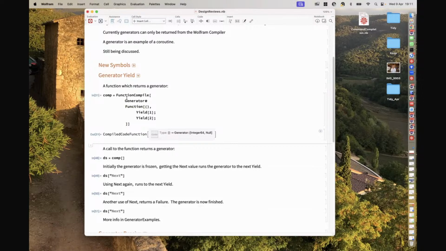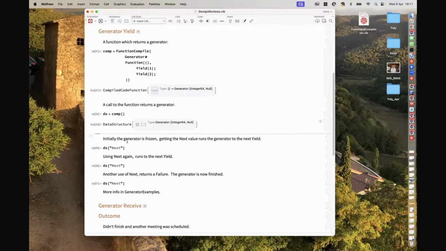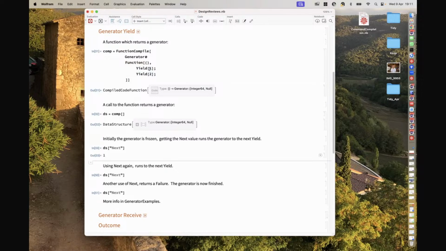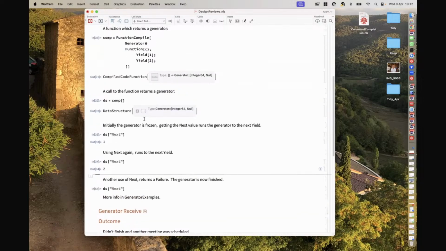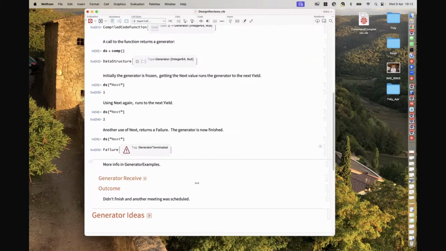So we compile a function, but it's marked up as a generator. So this function is going to return an instance of a generator. So there's the generator, and it has two yield points in it. So we call next, and it runs to the first yield and stops. We call next again, and it runs to the next one. And then if we call next again, it runs to the end and returns terminate, a failure object, because it